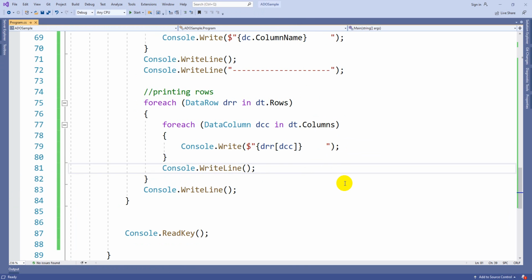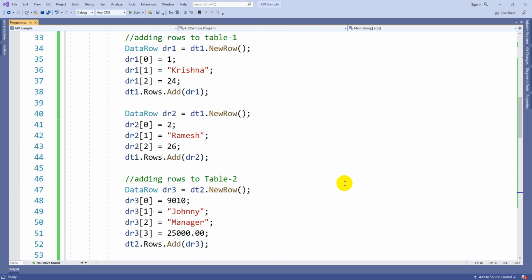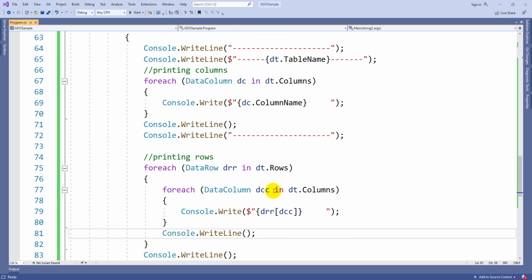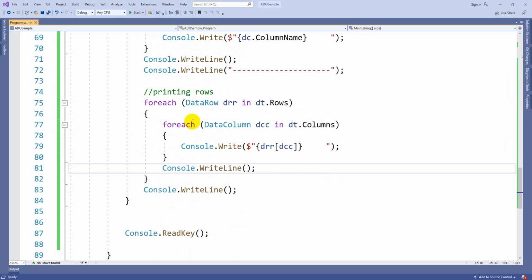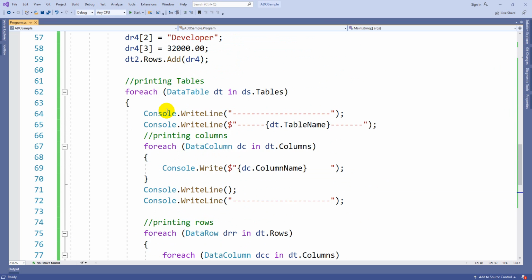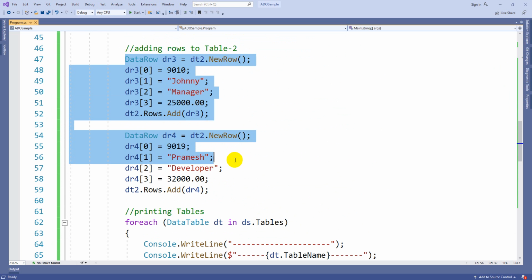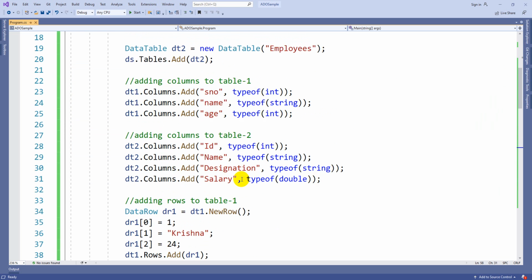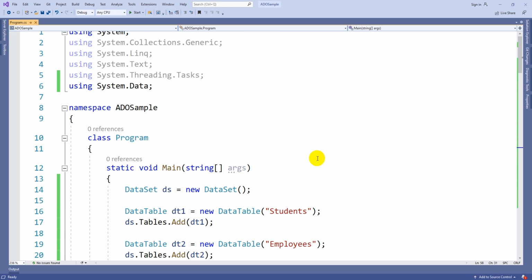So this is how you can manage the data from a data set. This is how we can create a data table, this is how we can create a data set, and we can print the data in the command prompt, or else you can iterate them by using the for loop or for each loop or any looping statement. If you use a for loop, the program is going to be a bit complex. That is the reason I preferred for each, because the data is already there and I'm just trying to print it on the screen. So I hope it is clear. In the next session we can see how to establish the connection from a C# program to a SQL Server database. Thank you.